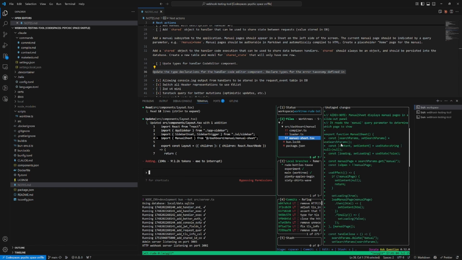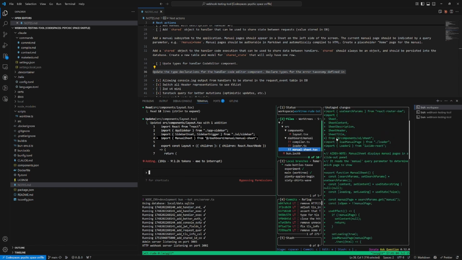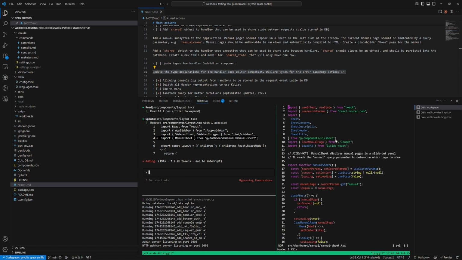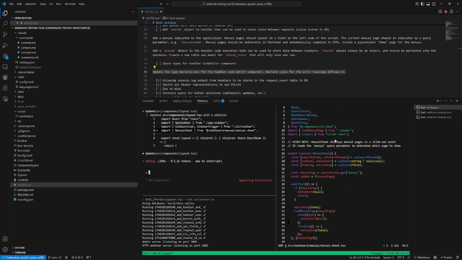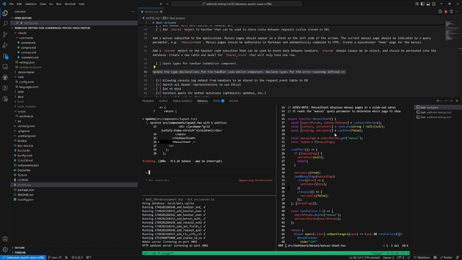It's creating this manual sheet. If I click E on this, it'll open it in Helix, which has syntax highlighting and stuff. We can see a little bit better here. Basically, it's creating a manual sheet. And